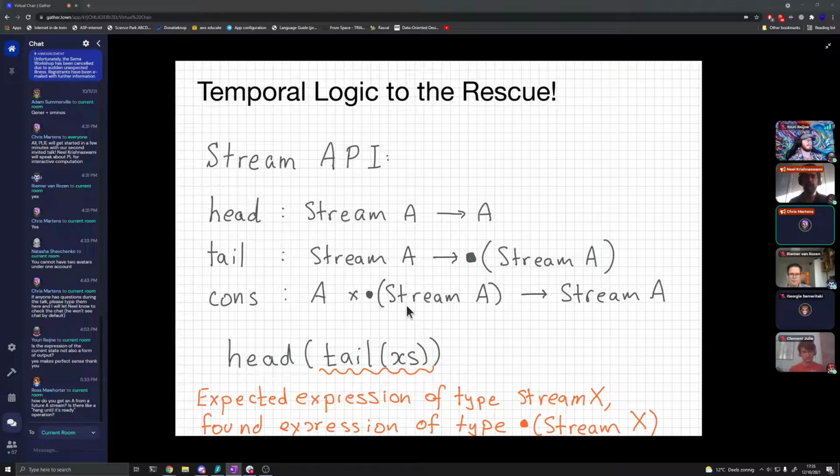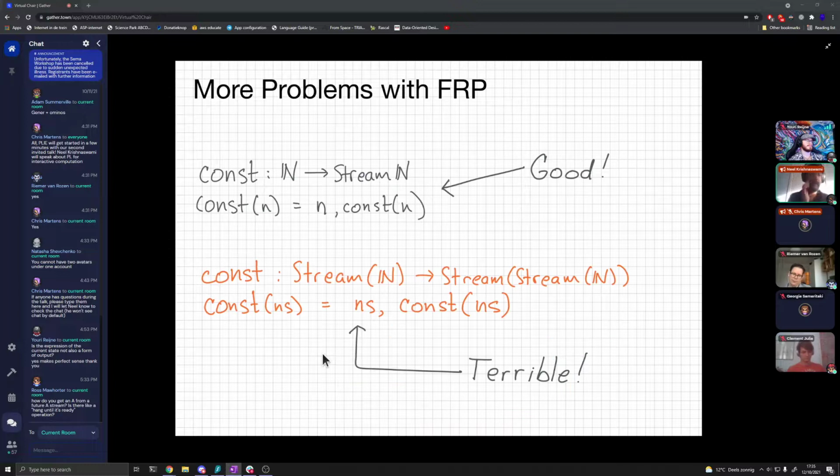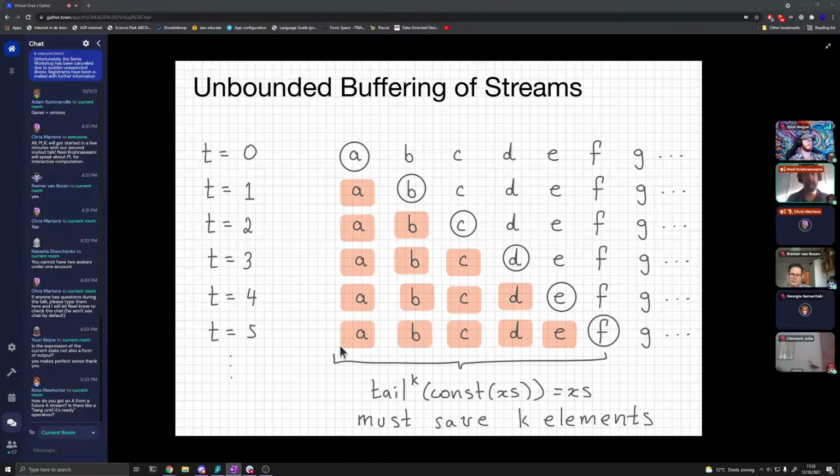If I can interpret the question a little bit, I think it's maybe like, what is the elimination form of later? Like, how do you actually deconstruct such a value? Okay. So this is something that I sort of elided a bit in the interest of not showing you lots of typing rules. So let me show you right here.